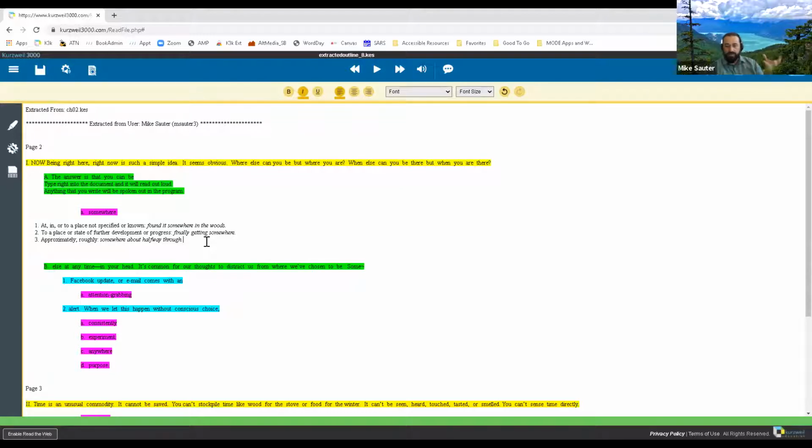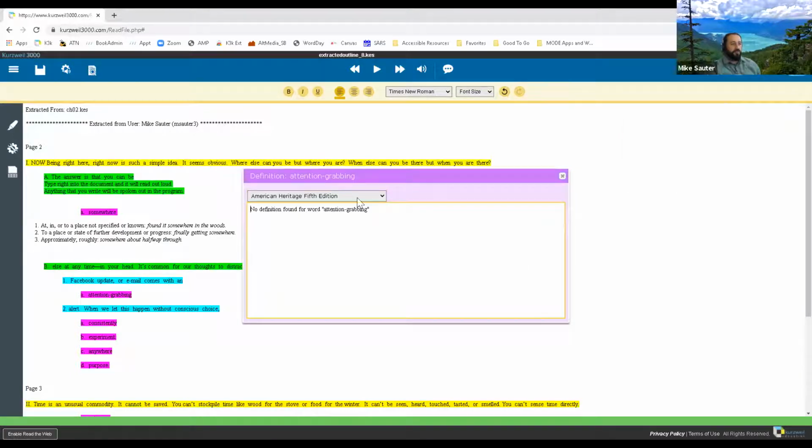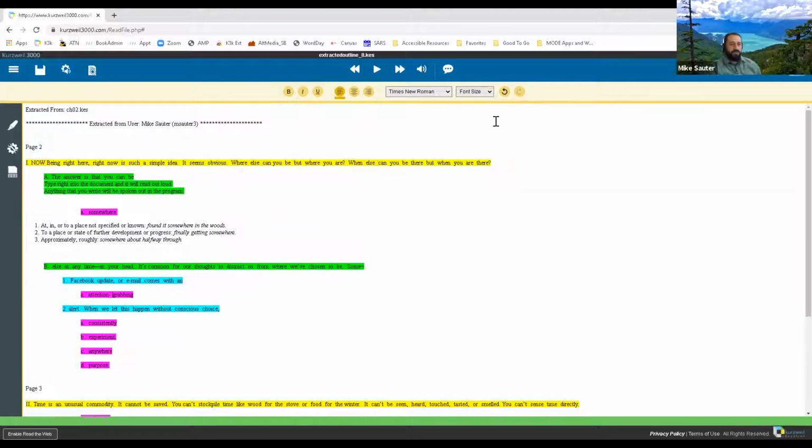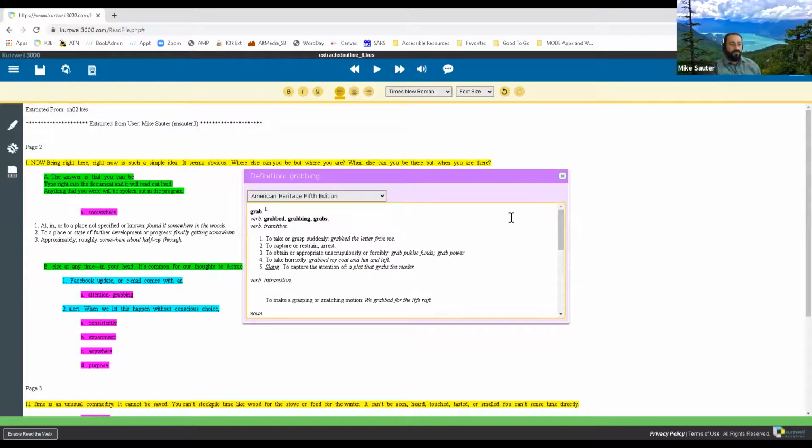Once I have that textbook definition, I can maybe put it in a frame or a way that I want to remember it, right? Or maybe the way the teacher said, okay, I know the dictionary says this, but what we're referring to it as this. And we can do that with just about any word. Well, I don't know about this word, attention grabbing. Let's see if it pulls anything. Nope, it wasn't able to find attention grabbing. But as individual words, I'm sure it could.